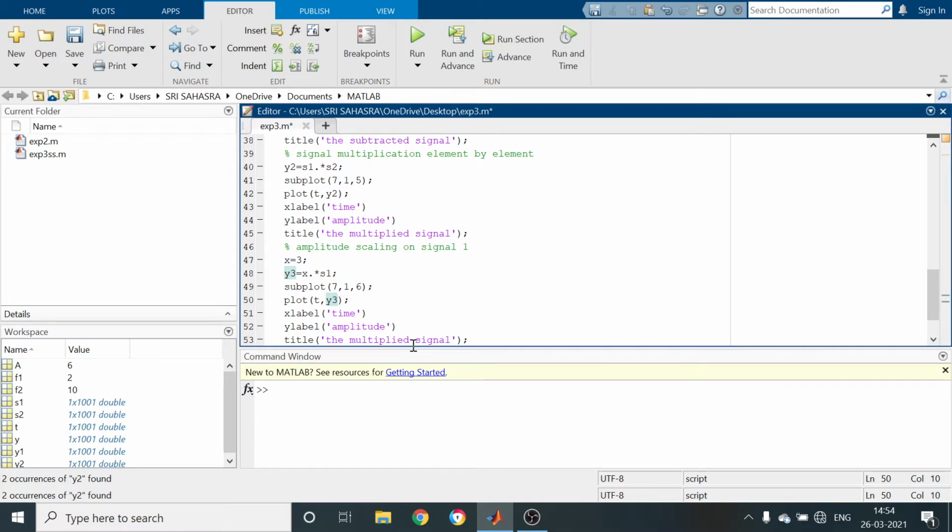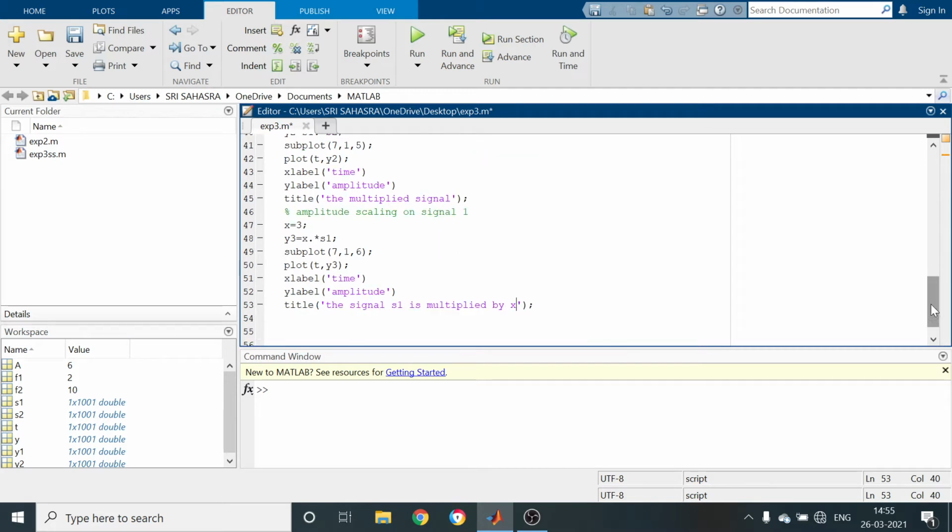The title: the signal S1 is multiplied by 3, otherwise x. Is it clear?